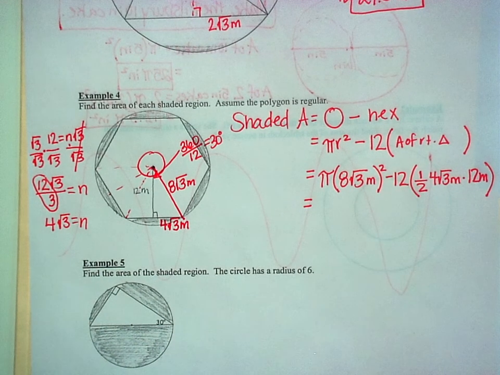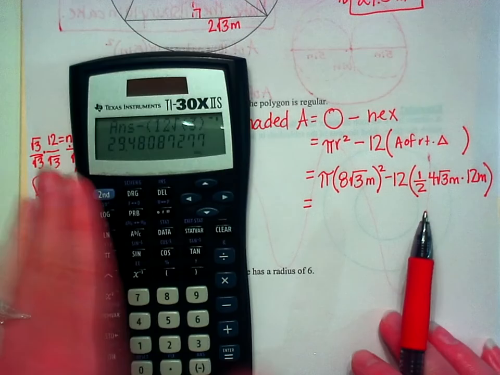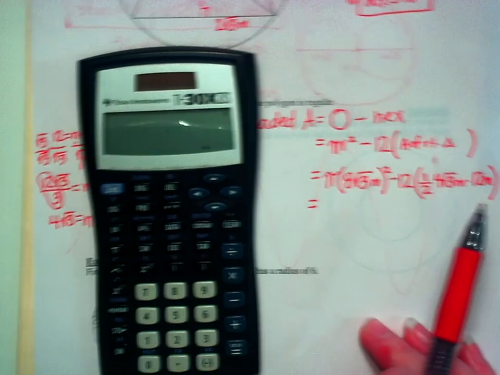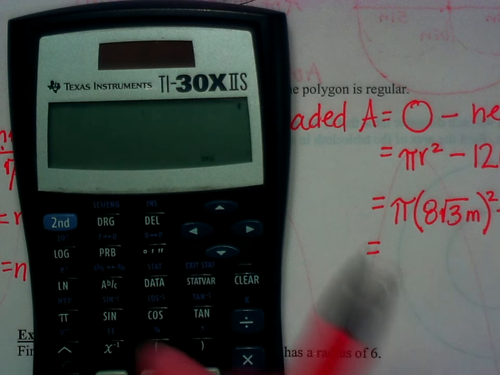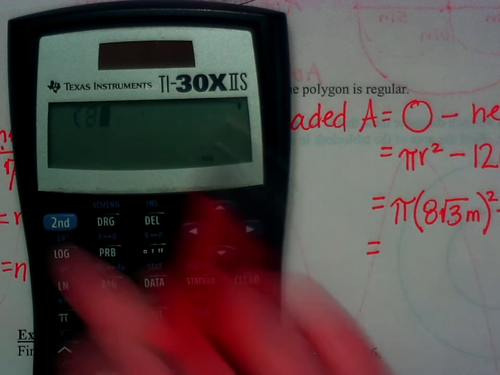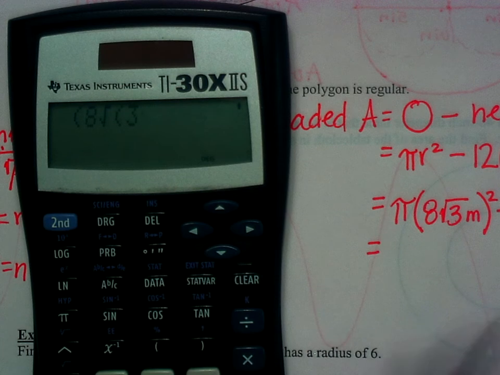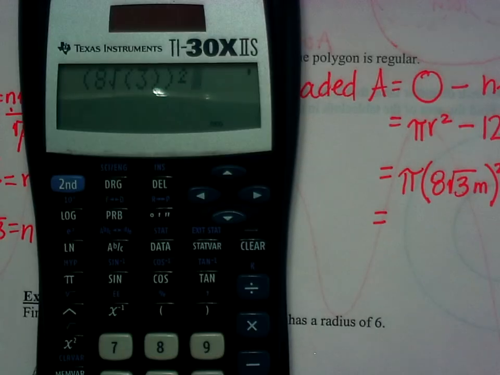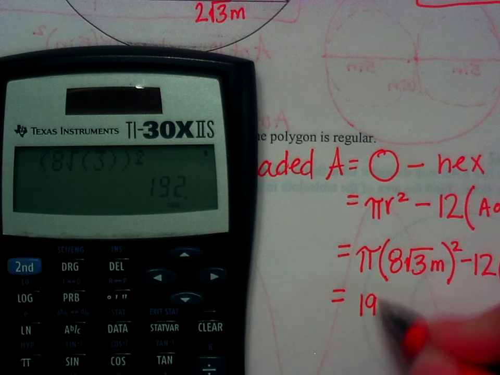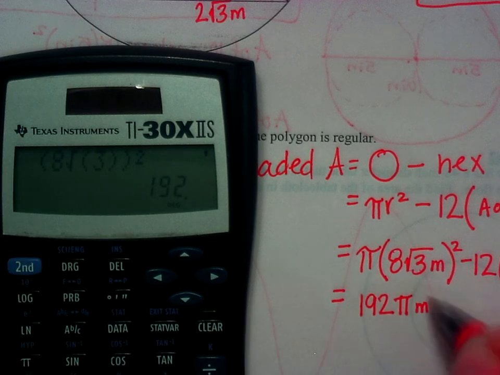All right, now I'm going to show you how to put this in your calculator without messing it up. You have to use parentheses because you're squaring the whole thing. You're not just squaring the square root 3, you're squaring 8 square root 3. So go parentheses, 8 square root 3, close up the 3, close up the whole thing, and then square it. Here's your squared button right there. Hit enter, and you get 192. So this is 192 pi meters squared minus,